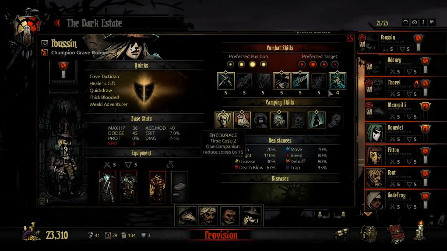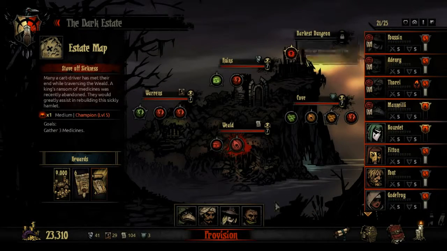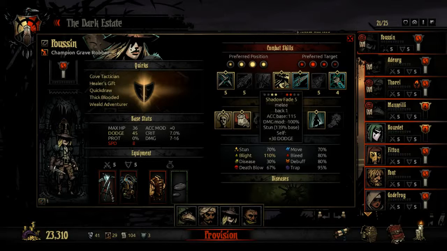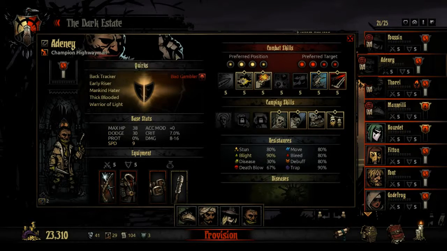Alright, so the idea is that the Highwayman is faster and should therefore be in the first position. The Highwayman moves faster, uses his point-blank shot, and then later in the same round, the Grave Robber should use her Shadow Fade to move back, stun the enemy that is in the front, which might be a corpse in all honesty, come to think of it. Although she can also target the second position, so that should actually be fine. Yeah, and stun the next enemy, and then move back at the same time,